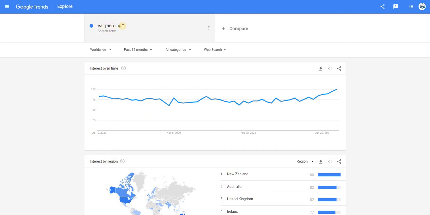ear piercing. I was watching a YouTube video about ear piercing, and then it just came up in my home feed, and I just started watching it, and then I noticed that video had a lot of views. So that tells me that a lot of people, especially women, are interested in ear piercing. So what I did, I went to Google Trends, and I have ear piercing as a search term, and I'm